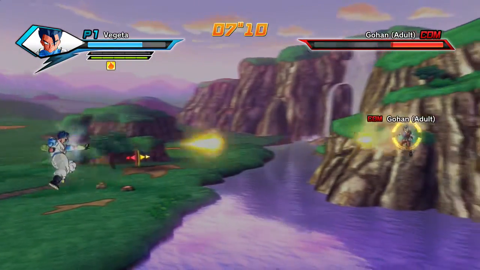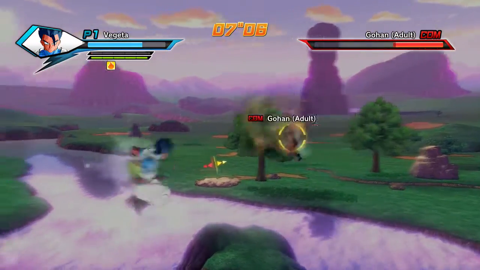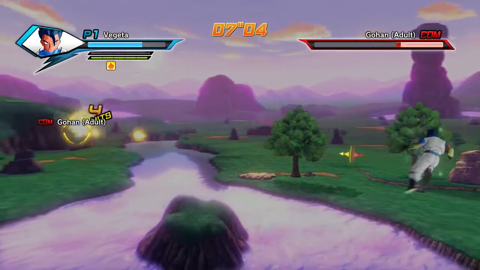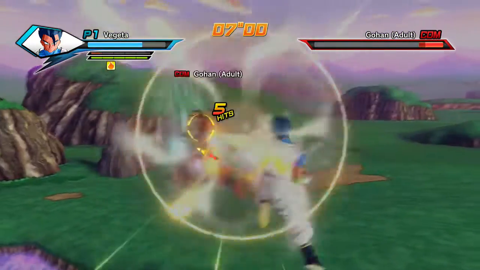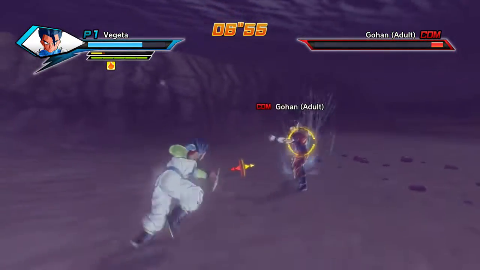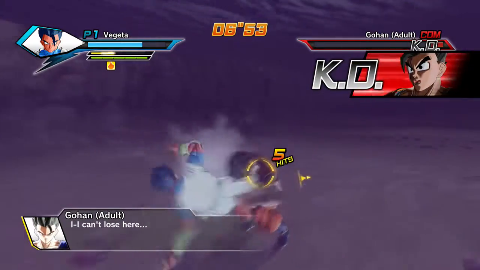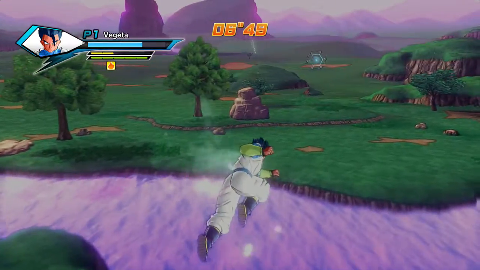I noticed that my Super Saiyan was about to run out, so since I knew my stamina was going to go away from that, I just started using Ki Blast like this. You don't always have to be up close and personal with him. It doesn't really matter. Okay, so now that he's dead, Goku's going to come back as a Super Saiyan 3,